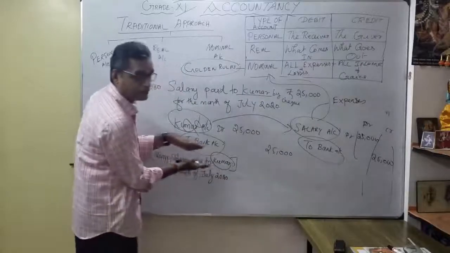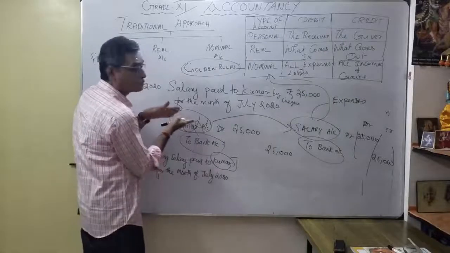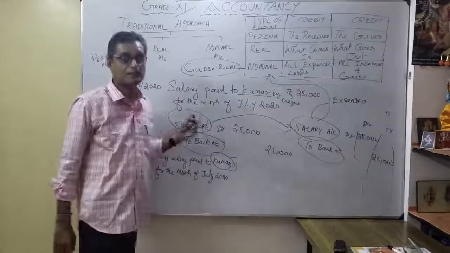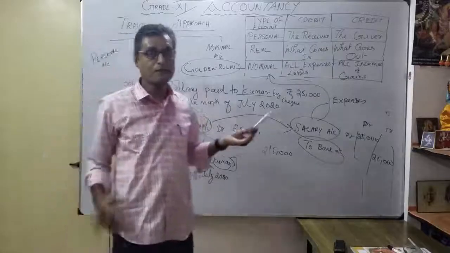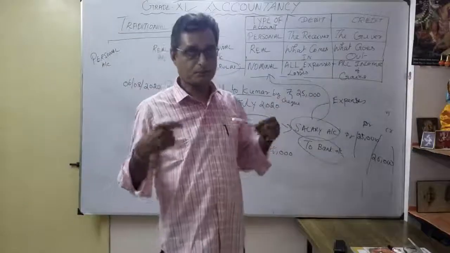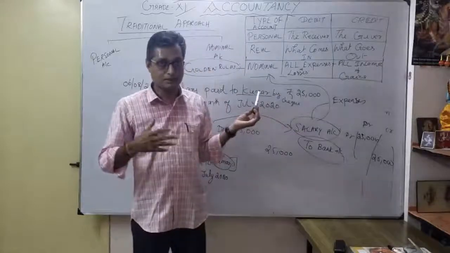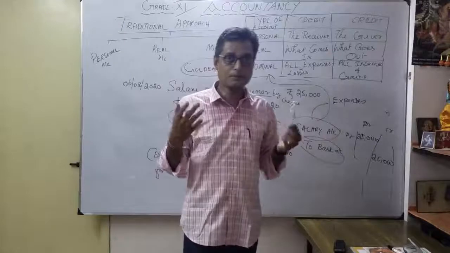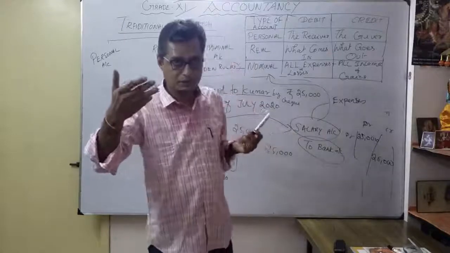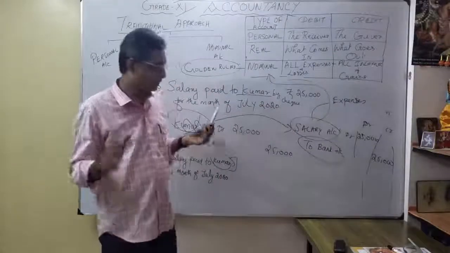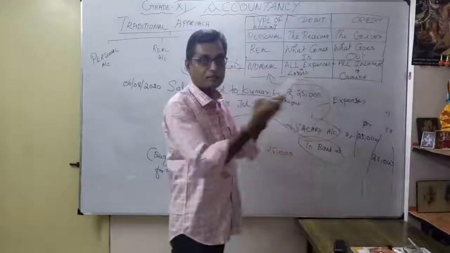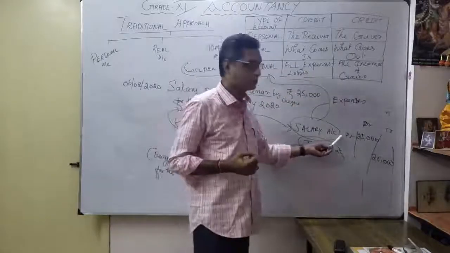So in the narration you mention the name, but don't show the person's name, Kumar account, as the debit part. Otherwise what will happen? Kumar becomes someone who got a loan. Suppose I am debiting the person's name, he got the loan, so later he has to pay. So once you pay salary, after 2 months Kumar has to repay the company? No. Once you pay, it is paid, because it is an expense of the company. We can't get it back. That's why you have to debit salary account.